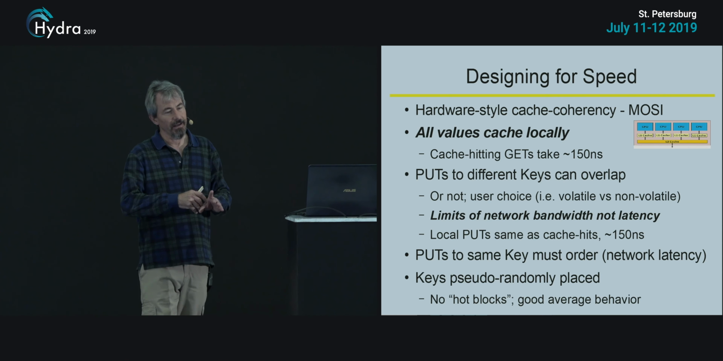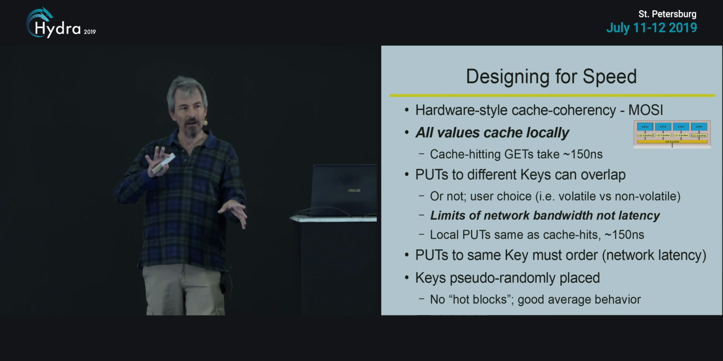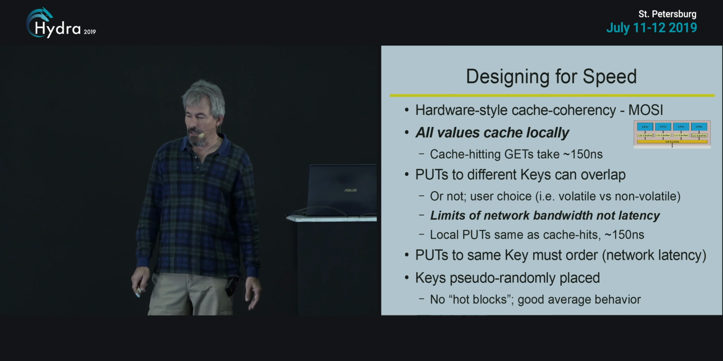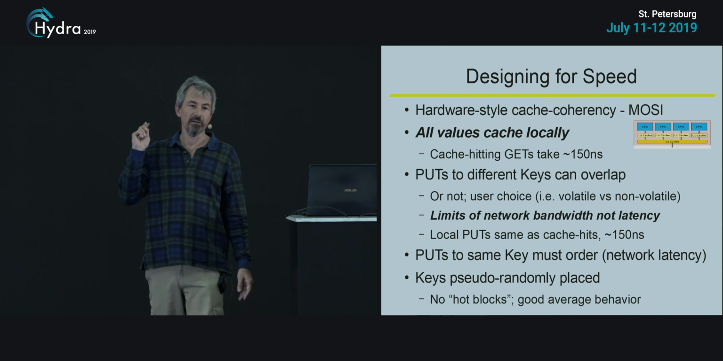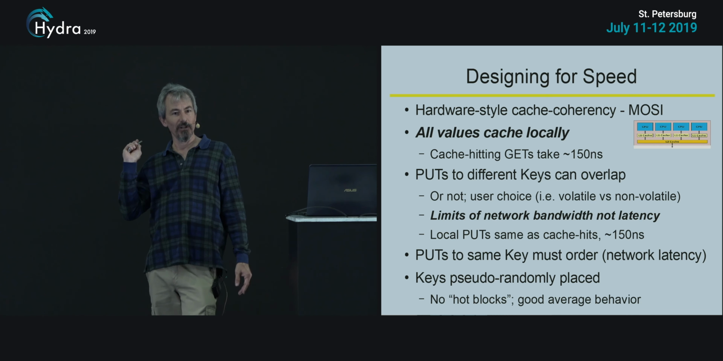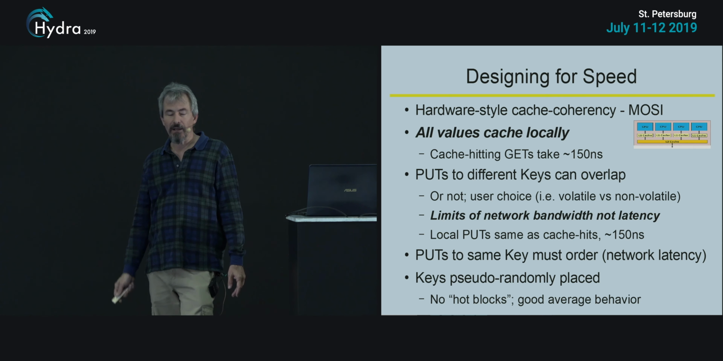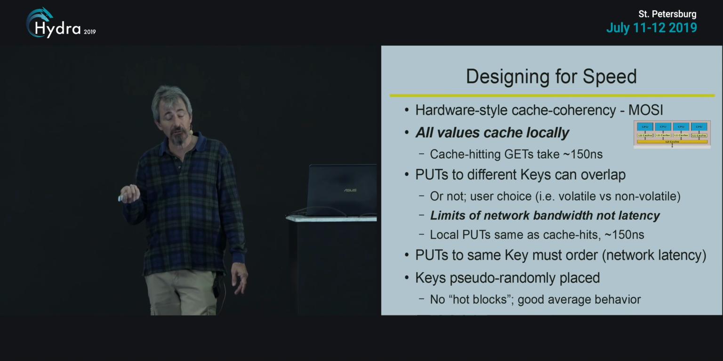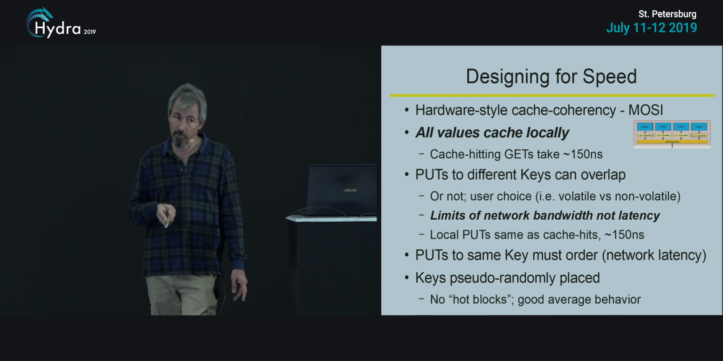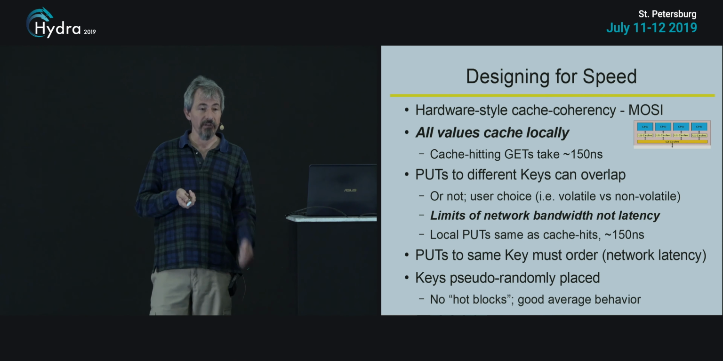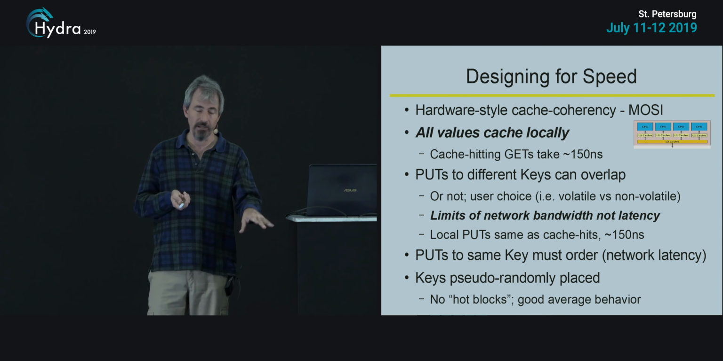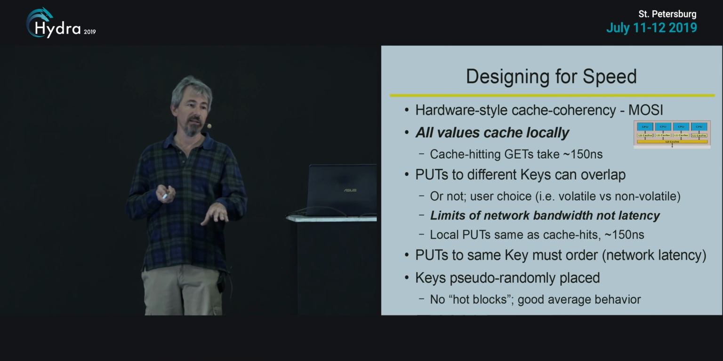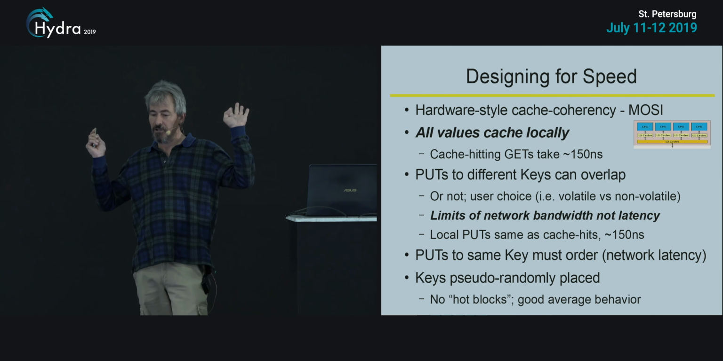So this is a hardware-style cache coherency protocol. You notice the funny spelling of MESI here. It's not the MESI I was doing earlier. All values can cache locally, and that's sort of a crucial thing for speed. And if it's cached locally, it's nothing more than a hash table lookup to go get a value. So if I have a key in my hand, the first thing I always do is I check the local cache. And if I hit it in the cache, I win. That is a cache coherent